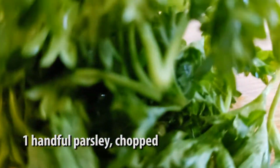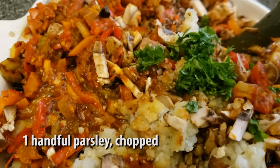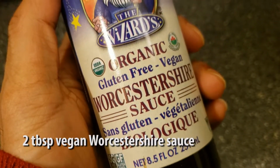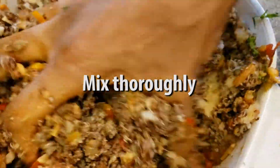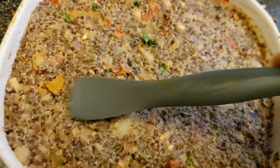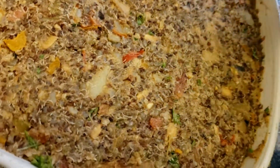And then we're gonna take a handful of parsley and chop that up and toss that in there, as well as a couple tablespoons of Worcestershire sauce. So we're gonna go ahead and mix that up really well, by hand of course, so you know that we've done a thorough job. And then once that's mixed up, we're just gonna pat that down into a casserole,